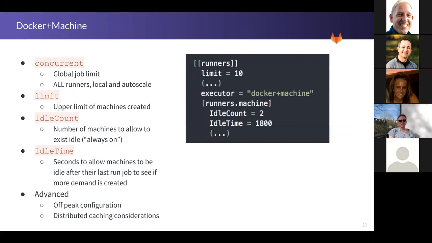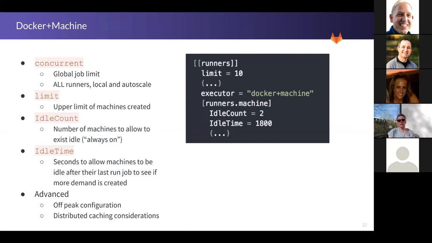In this scenario there's also an advanced consideration for caching, because the runner cache for a given pipeline is not contained within one runner. I have to have a smart plan for distributed caching if I'm going to use caching across jobs in my pipeline. Next we'll talk about AWS, which will help make this a little more real world for anybody. But any questions before I move on from here?